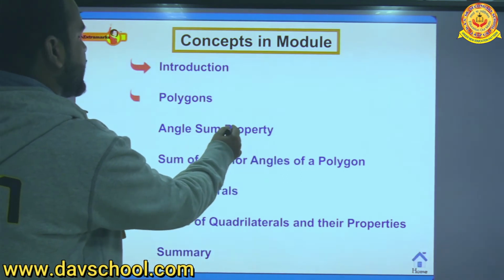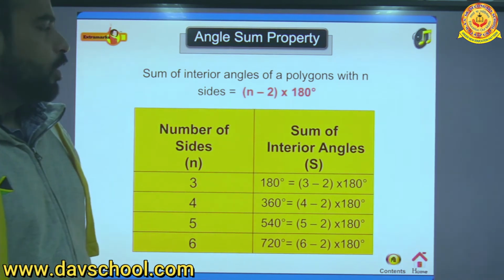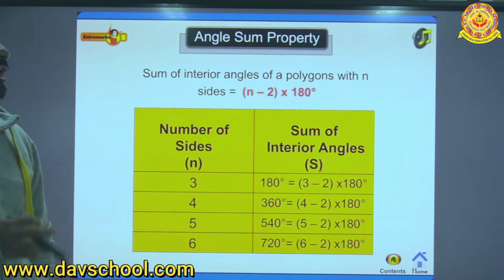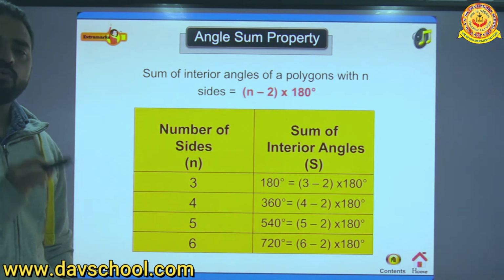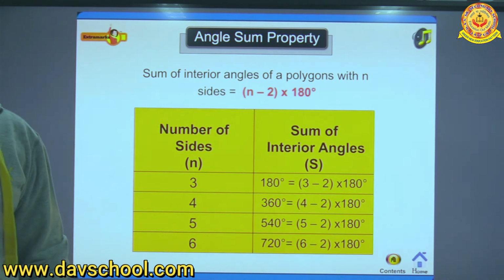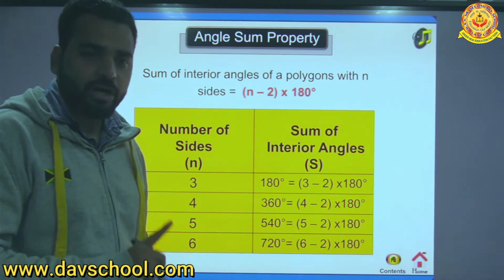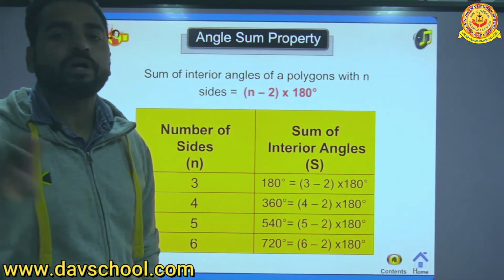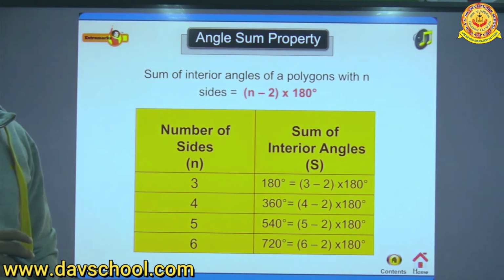Okay. We are doing the exterior angle sum property. Now we know that according to the angle sum property, if any polygon is there, what is the sum of all the angles? When we are talking about angle, that means interior angle. What is the sum of all interior angles? It is only and only dependent on the number of sides. We cannot tell directly that it is 180 degrees.